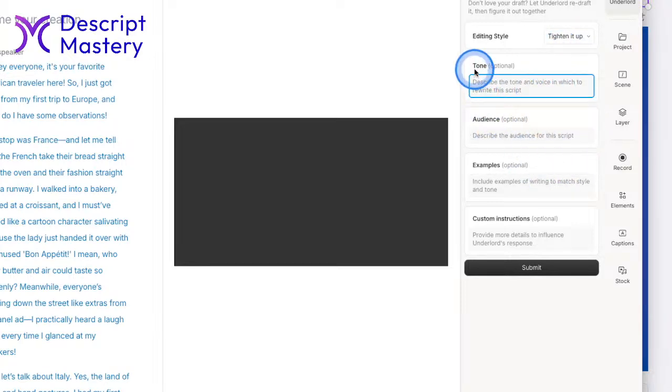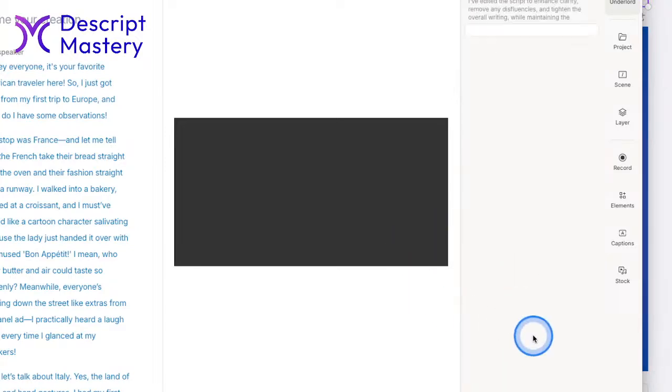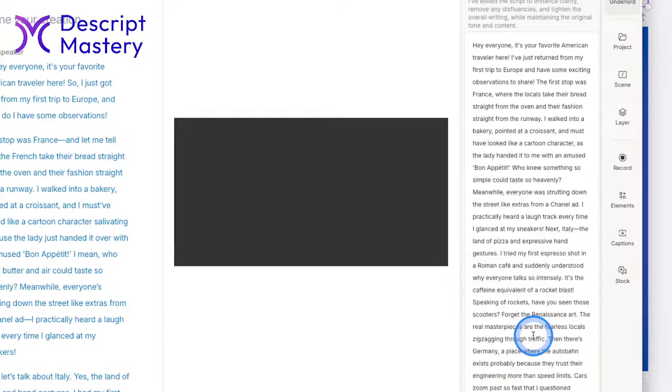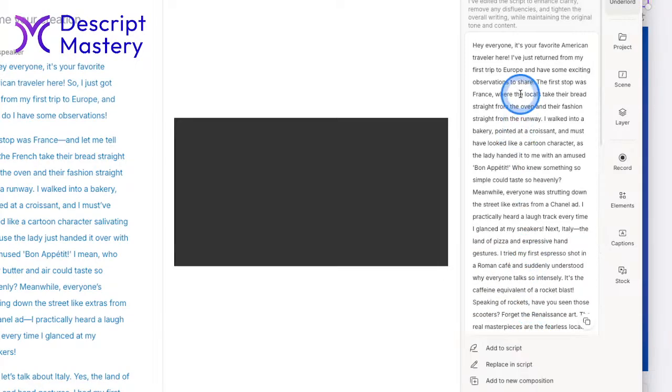And as before, you can give it a tone. You can describe an audience that you want this to appeal to, and any examples of the writing style to match, and custom instructions. I'm going to leave those blank and see what it comes up with. So I'm just quickly looking at that first sentence, I see it got rid of the word so.